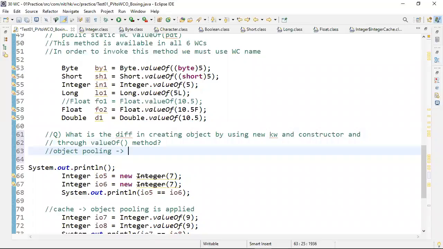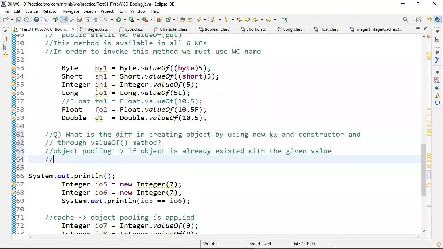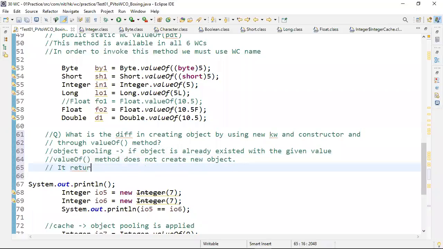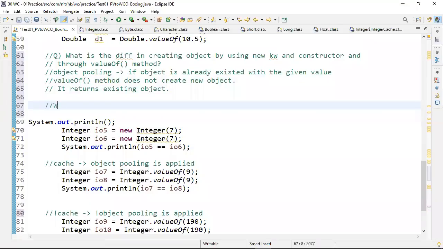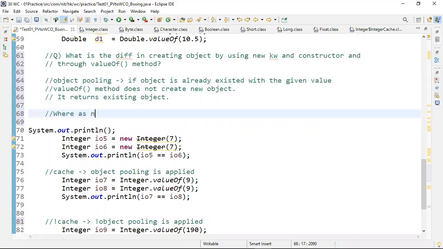What is the meaning of object pooling? If an object already exists with the given value, the valueOf method doesn't create a new object, it returns the existing object, whereas the new keyword and constructor always create a new object.